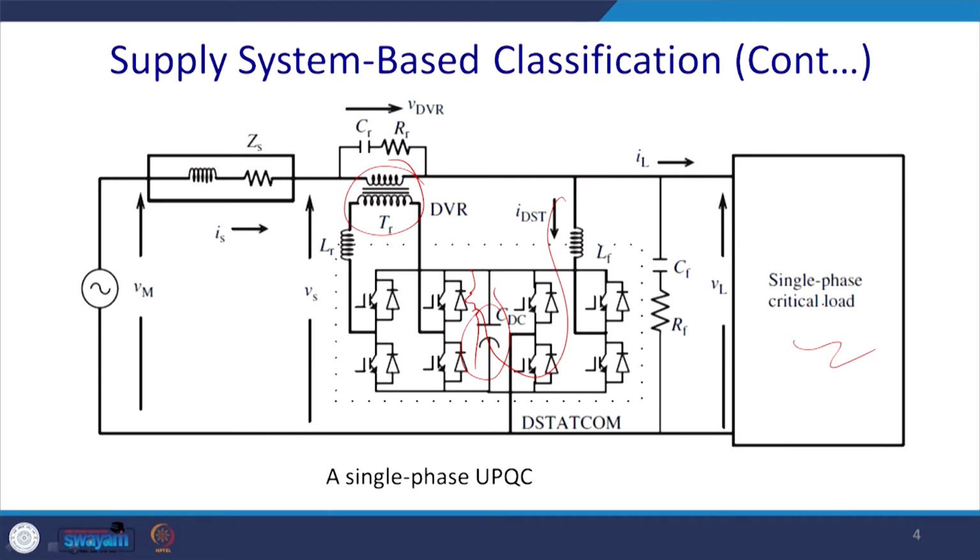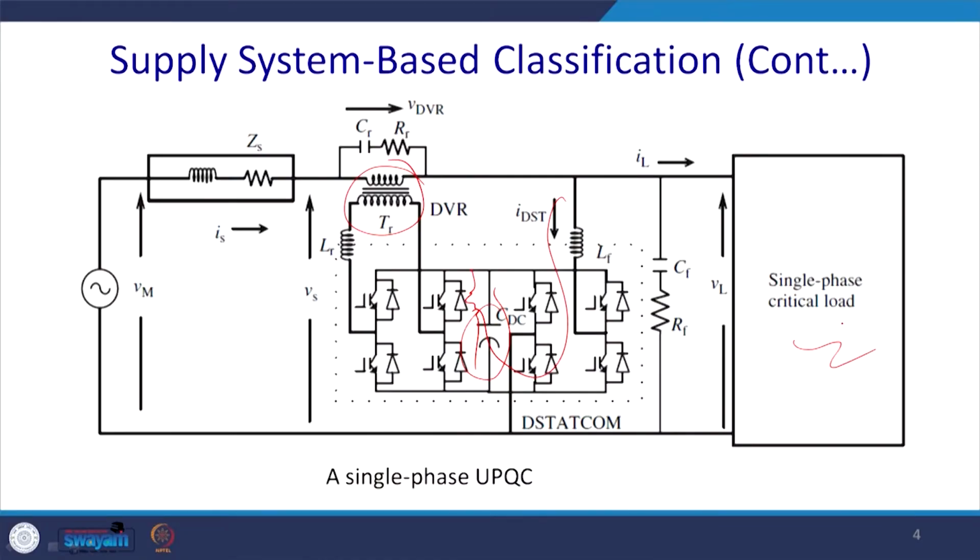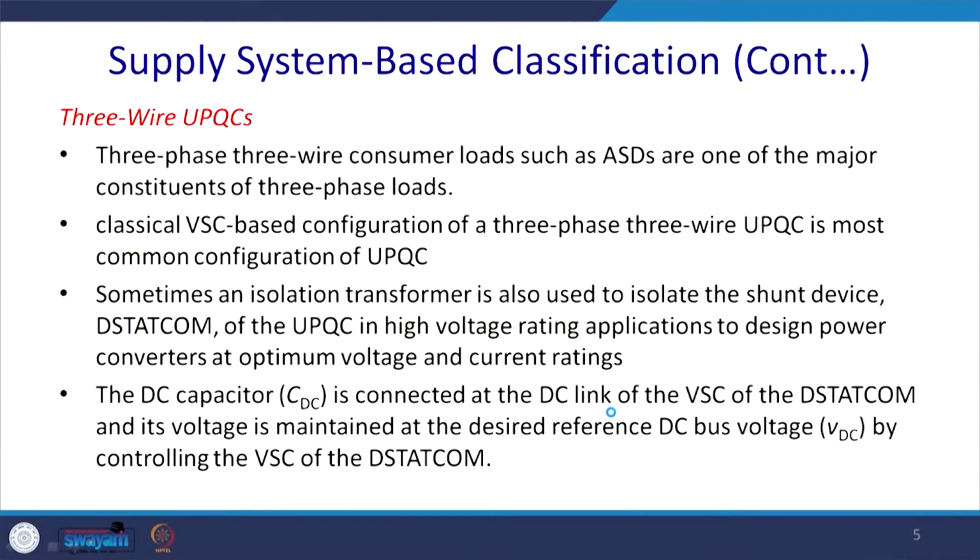But it may be an adjustable speed drive, and it happens in my institute itself. We have an old building, around 60 years old, around 70 years old, and we have put in a lift for the mobility of the disabled. There we have an adjustable speed drive also, and we require to mitigate, because this is the source of the harmonics, by this single phase UPQC. So, these are the discussions to be followed.